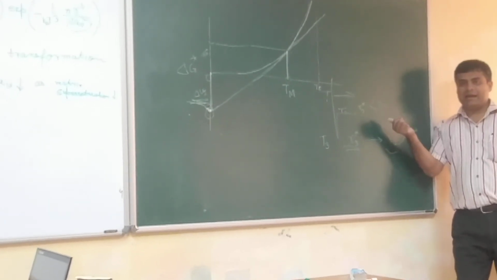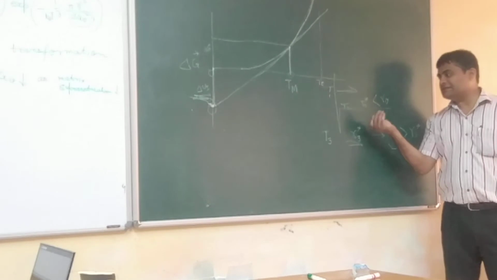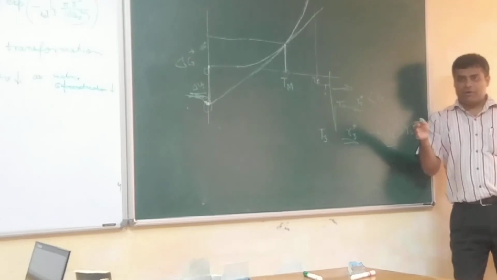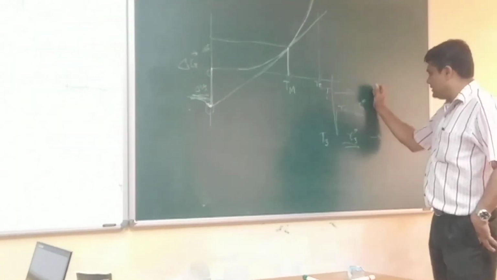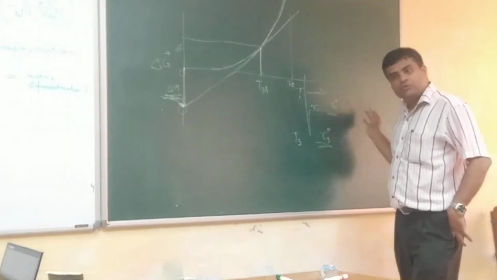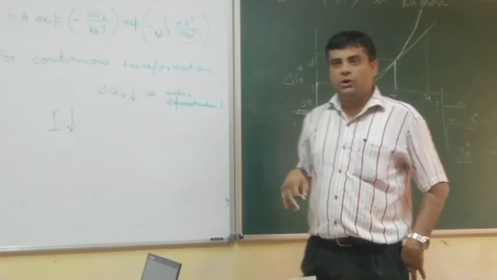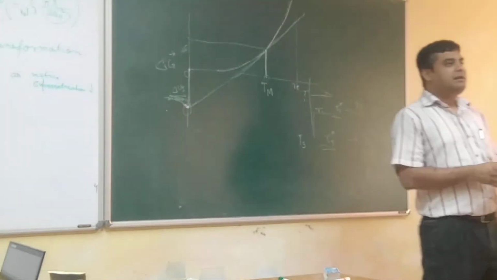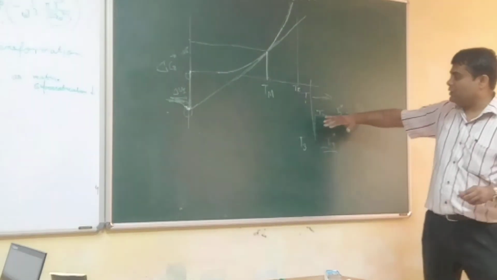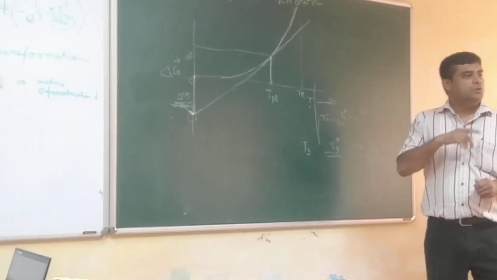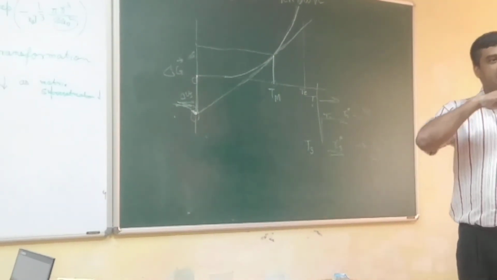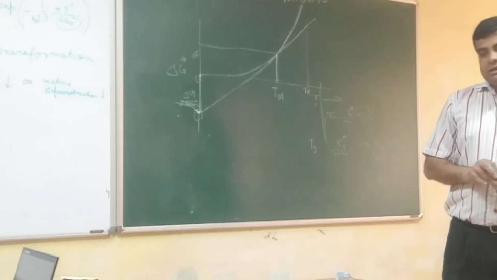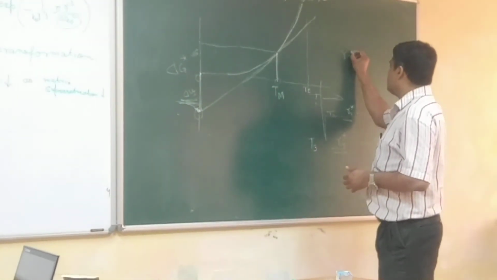Now you are upquenching, and at that temperature your new critical size is this one. If your particle size is above that, then it will keep on growing. But if it is below that, then those will dissolve. Even though thermodynamically the product is stable, it will dissolve, and it will need some more incubation time corresponding to that temperature to get to the equilibrium size distribution of the embryos. So this phenomenon is called reversion.